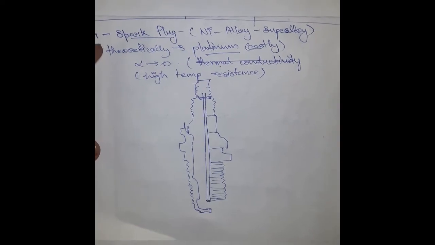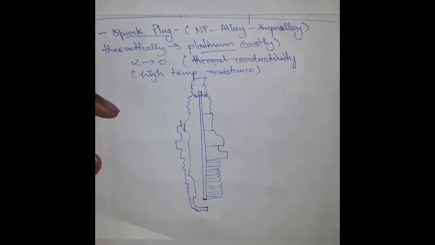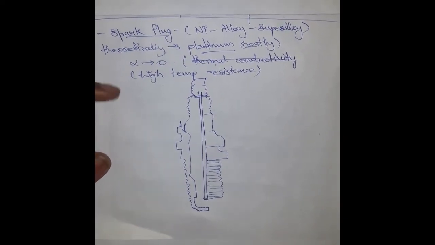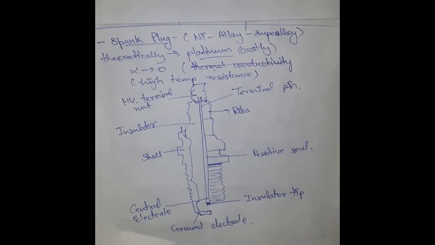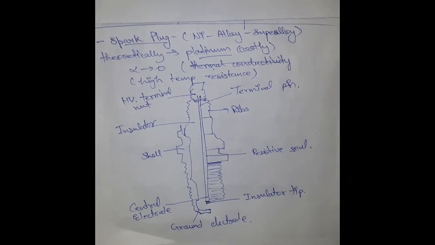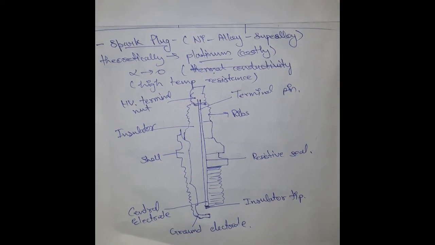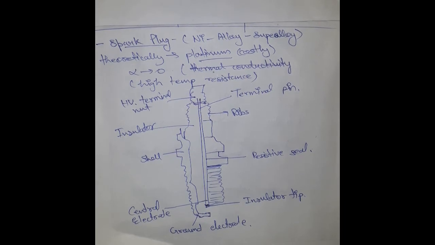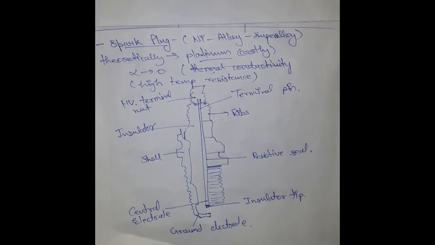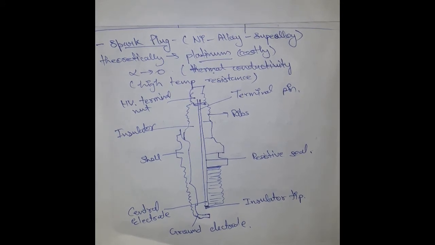So now I have made a rough sketch of a spark plug. Let us name its components. Firstly, what does a terminal pin do? It is generally made of a steel wire that is resistant to vibrations. Its lower part is designed for connection with the seal, and the upper part is used for the attachment of the high voltage inlet.